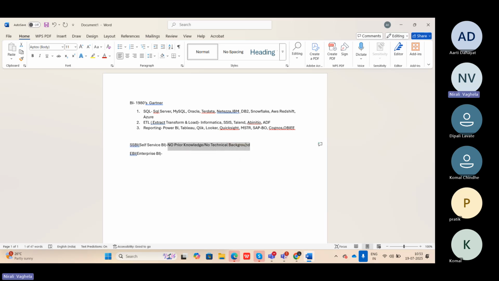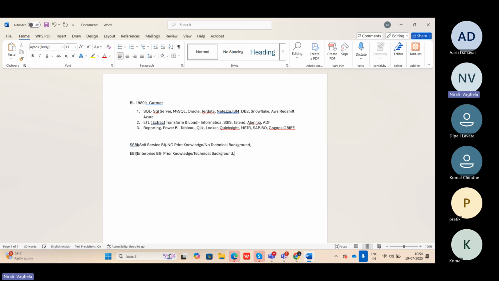But if we talk about enterprise BI, it is exactly the opposite. It needs prior knowledge, and it needs technical knowledge to start working on it. Okay, that's the first thing.